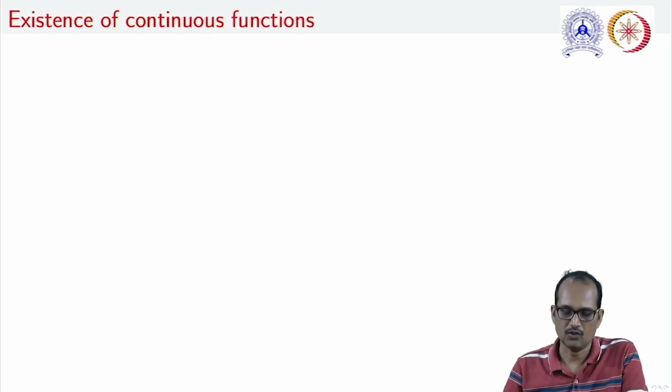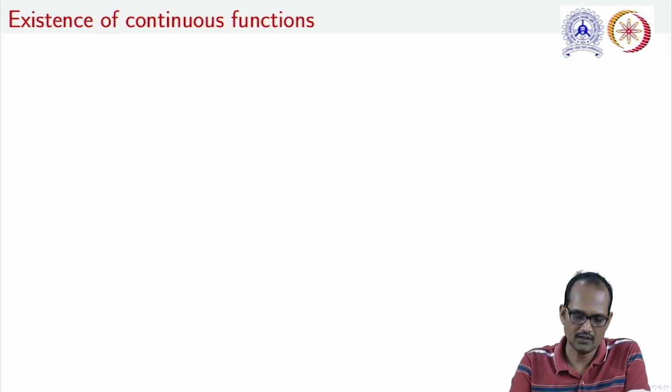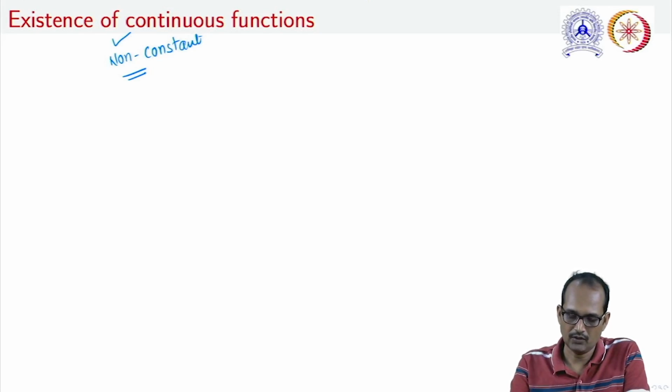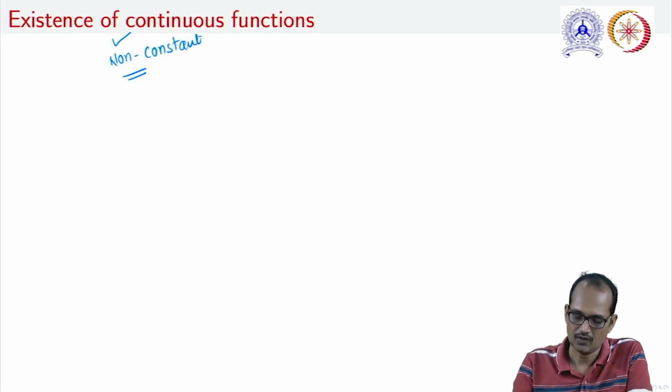spaces. The first concept which we will discuss is the existence of continuous functions. Note that when we are talking about the existence of these continuous functions, our motive is to discuss non-constant continuous functions, because we already know that constant functions are always continuous. In order to discuss this theory, we already have studied that if we have a continuous function from a topological space (X, tau) to (Y, tau dash), this function is continuous